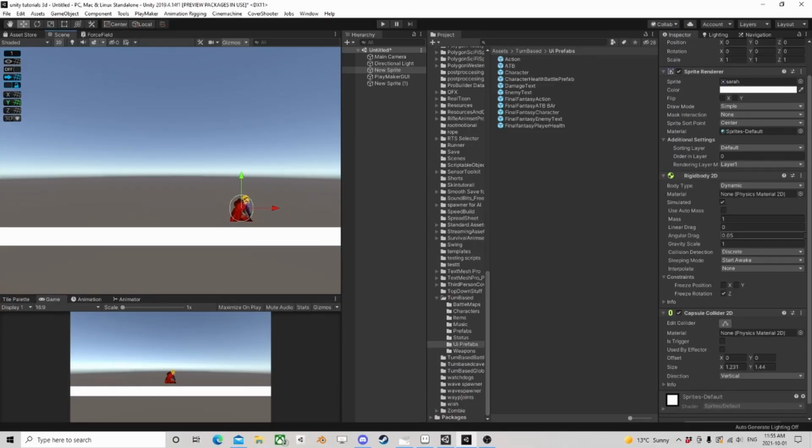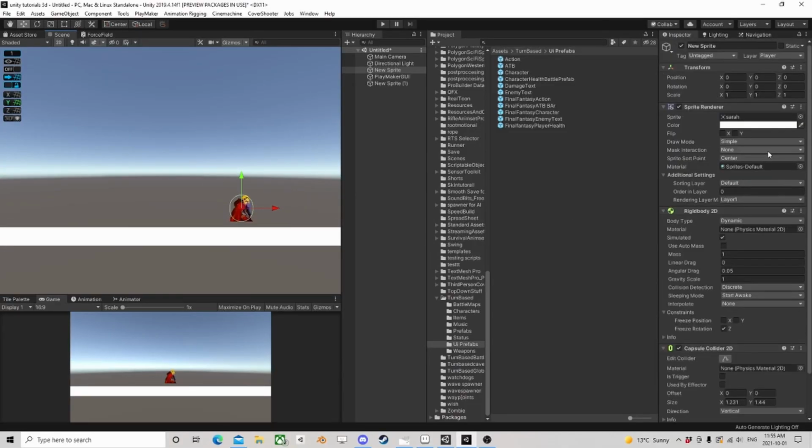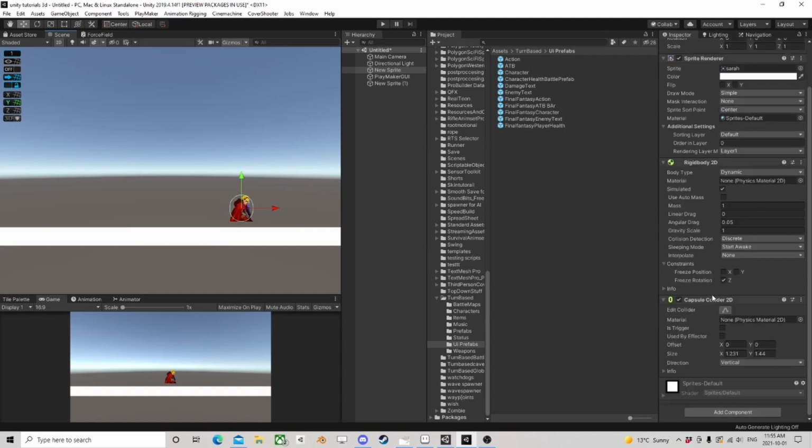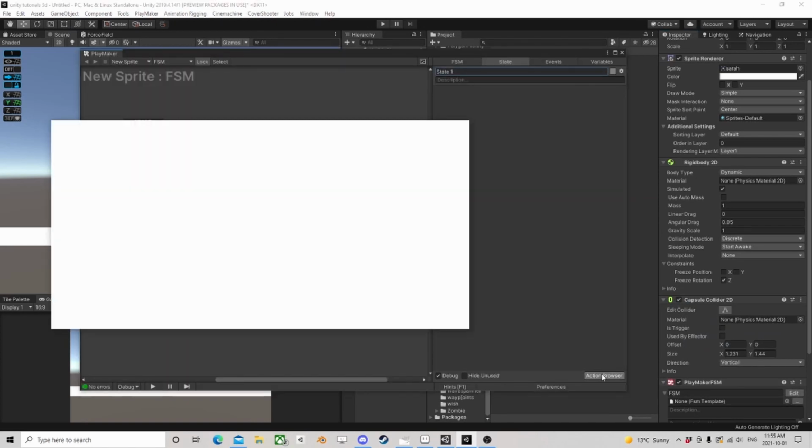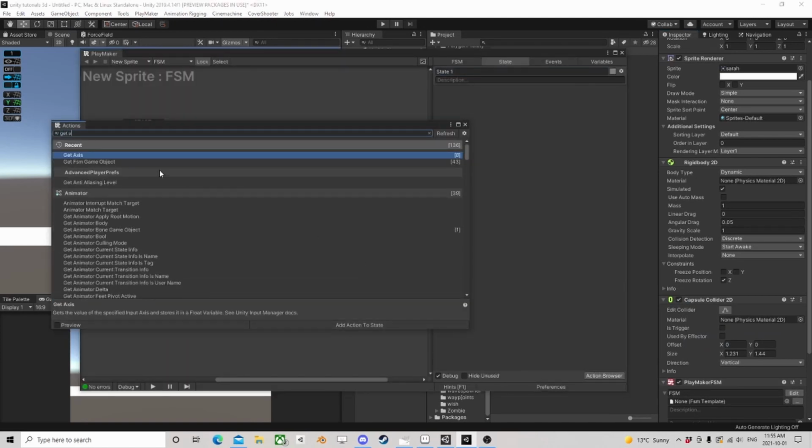Oh yeah, so I'm using a sprite. I don't have an animated sprite, I really have to bring one in, but capsule collider and rigid body, FSM. So first, we're just going to set up a very basic get axis. Oh, did that not go in? There we go. And let's set